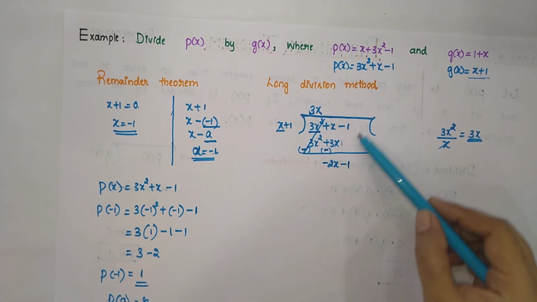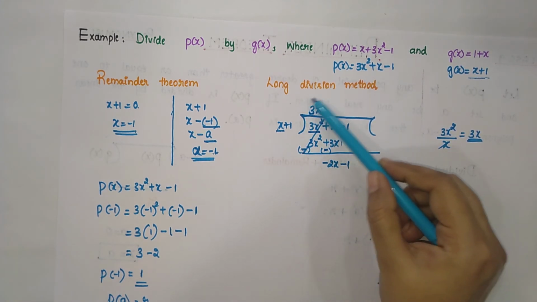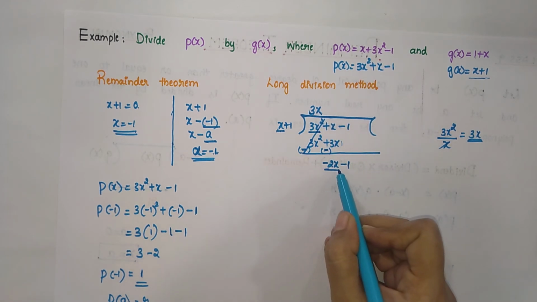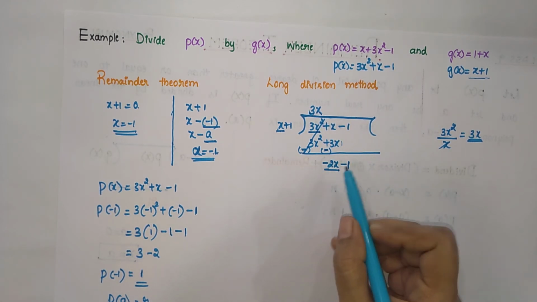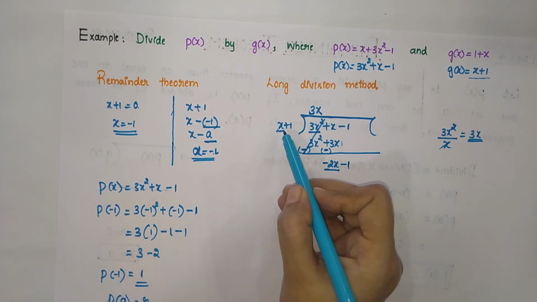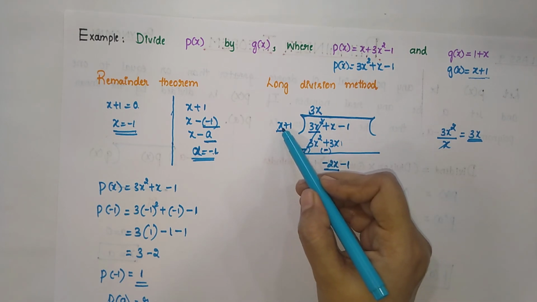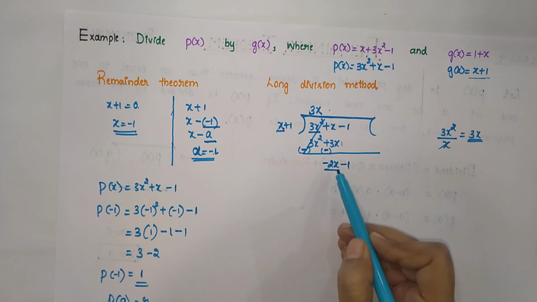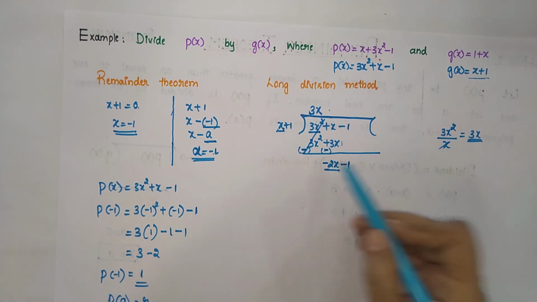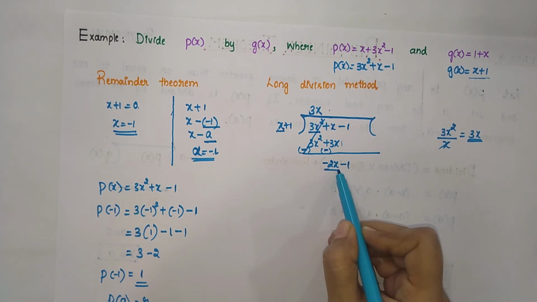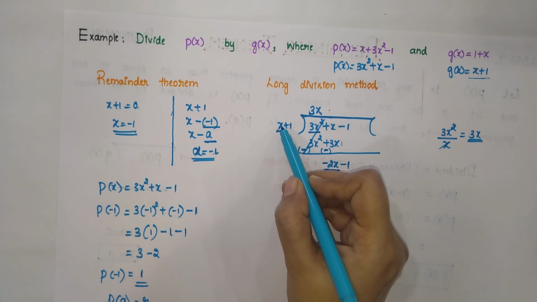Now you just ignore this first step and also the first term in the quotient. Now just concentrate on the first term of the dividend. Here this is the dividend. So the first term of the dividend and again the first term of the divisor. So you should multiply this term with any other number or term in such a way that you should get the first term of the dividend. Or else you can do like this as we did in the last step, that is, by dividing the first term of the dividend with the first term of the divisor.